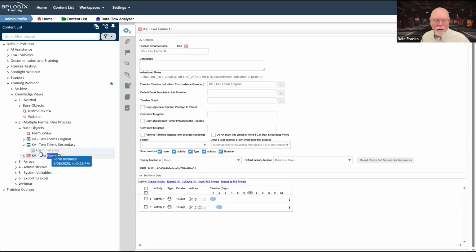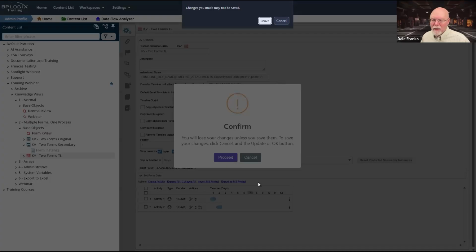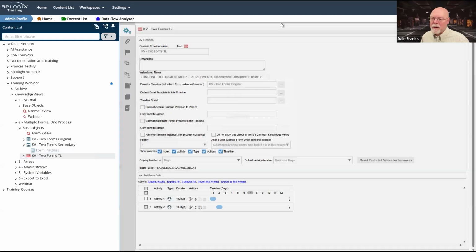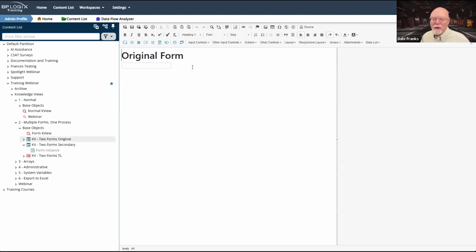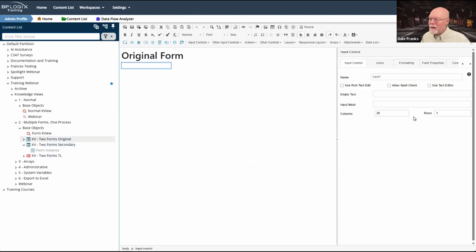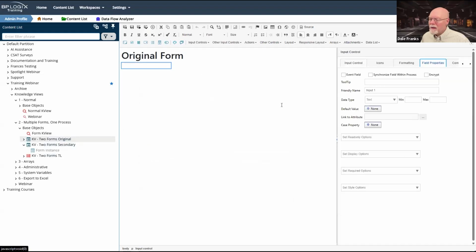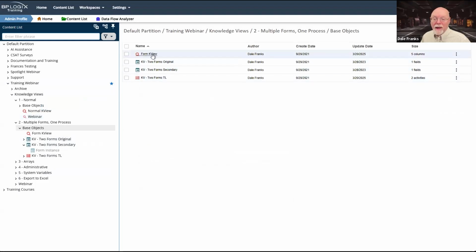But I know that I have multiple instances. Let me look at the form itself. Sorry about this. I was a little arrogant, I think, in my prep yesterday, trying to figure out what I was going to do here. So that is the original form. And let's take a look at this. That's not an event field. I am not entirely sure how I configured this or whether I have broken it. That's also possible.